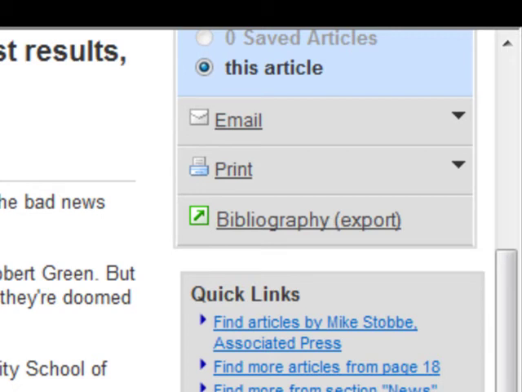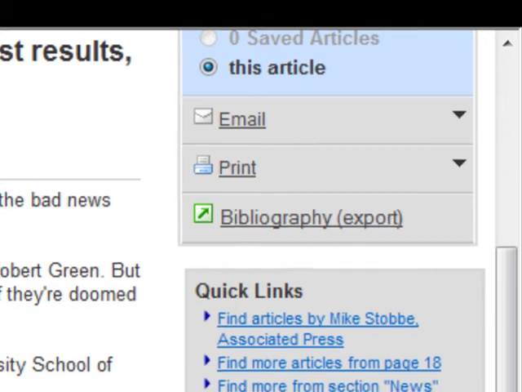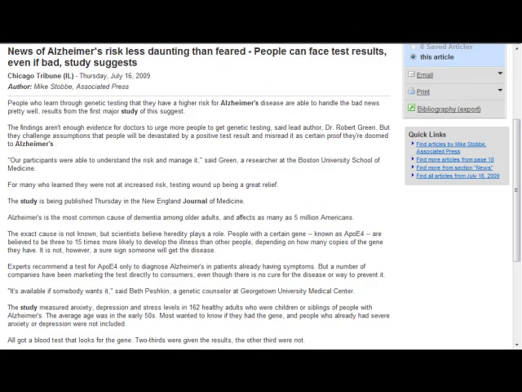You may print this article by using the link to the right. If your instructor has asked for an electronic copy, you must either use the email link or copy and paste the text of the article into a word processor document and save it to a location where you can retrieve it later. You will need to have either a print or electronic copy of the article before continuing on to